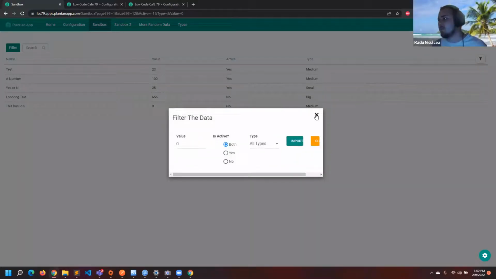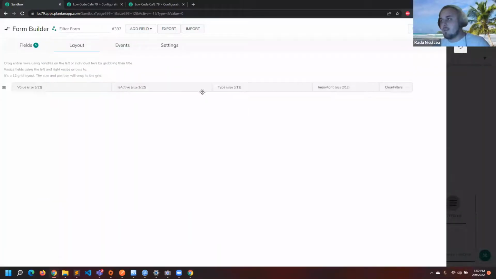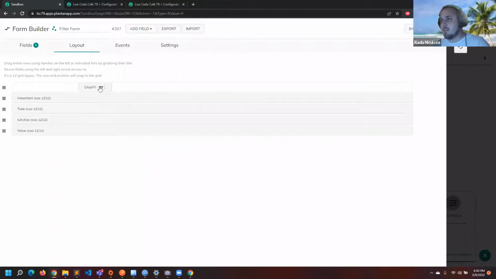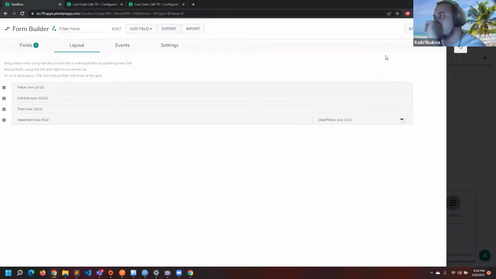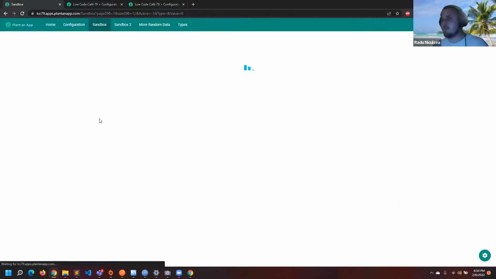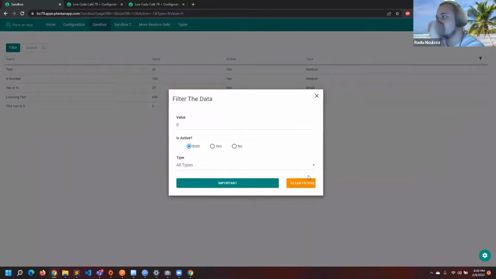But yeah, the form looks weird because I didn't prepare it to be like this. So let's go into the layout and do one per row. I think it's going to be a little bit more user-friendly. So we have the value first, is active, type, clear filters can stay here, and important can stay here. Let's see how it looks. Okay, that's better, right? So I have now the buttons and the values, and I can click yes, and I